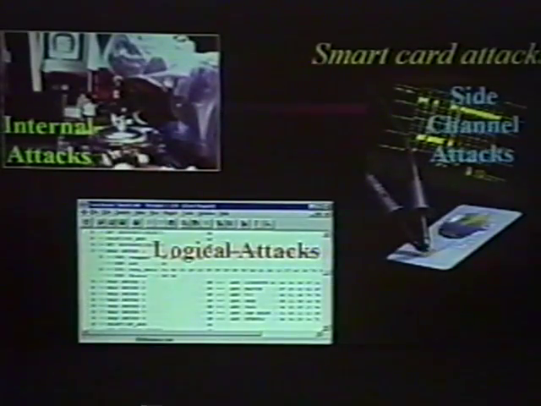Secondly, we're going to talk about logical attacks, which are in a way similar to penetration attacks as we know them from the internet. We're just using, let's say, the normal interface to the smart card to explore its data structure, to explore its behavior, and to find holes. Finally, I'll tell you something about side channel attacks. This is a relatively new class of attacks, very, very dangerous, and it works by getting information from channels that are not intended for communication. I'll tell you more later on.